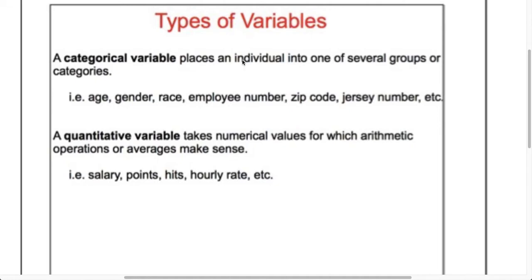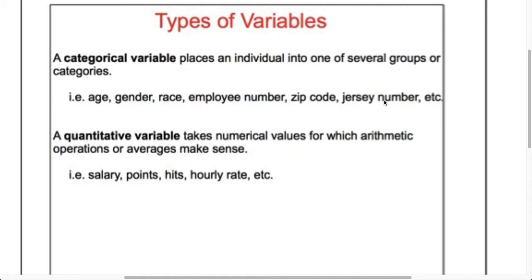On the other hand, if we look at some examples of categorical, finding the average employee number or the average zip code or the average jersey number, that's not something that we typically do. Specifically thinking of sports, I've never heard of a stat where somebody says, "Oh, in the NBA, the average points scored for a person that wears jersey number 12 is this." That just doesn't make sense. Your jersey number has no implication on how many points you're going to score. And so quantitative doesn't just mean if it's a number, it's a quantitative variable.